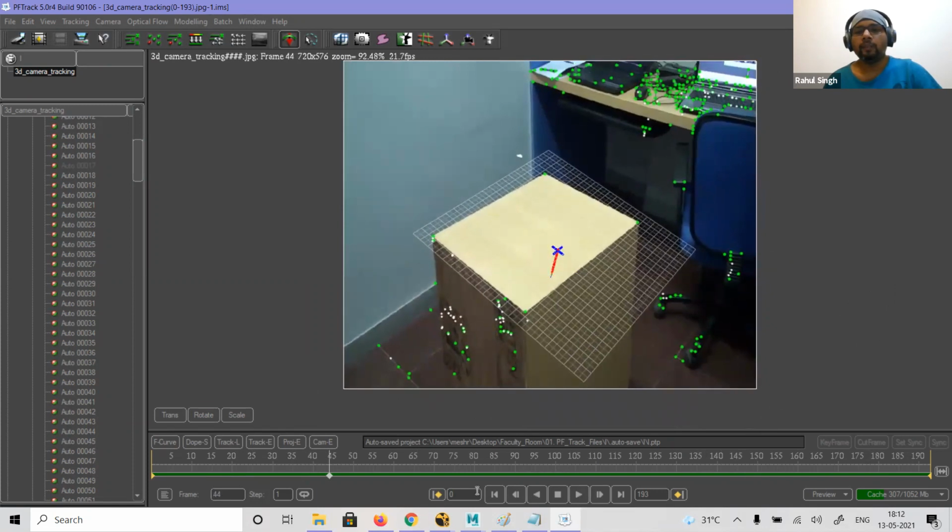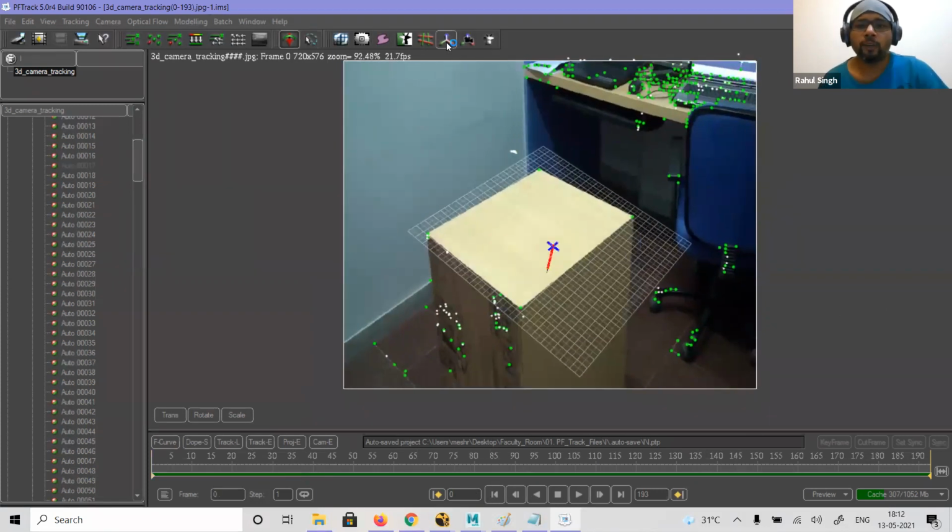Right? So sometimes we have to use both the scene orientation and the camera orientation to fix the grids here. Because this is a very simple shot, it is fine, but when we have a complex set of shots, we use both scene orientation and camera orientation to place the grid there, and then we can place our object or test object, whatever it is.